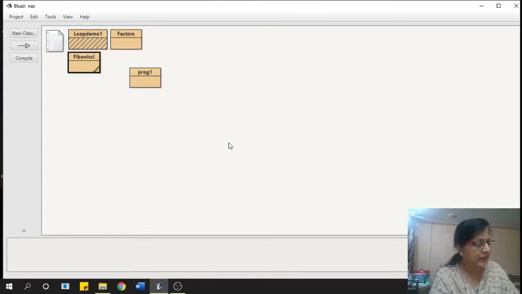And the next one is a program to check whether the product of two numbers is a buzz number or not. Basically, what is a buzz number? A buzz number is a number whose last digit is a 7, or which is divisible by 7. That's called a buzz number.